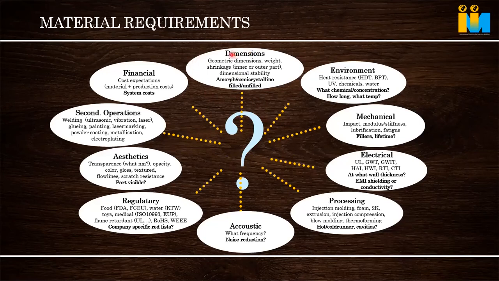First, we'll be taking the dimension point: geometric dimension, tolerance, shrinkage of the part. All these are connected aspects. When we are talking about dimension, the first thing that comes to our mind is the material, whether it is amorphous or semi-crystalline. The structure of amorphous material is randomly arranged in cool condition, and when it is heated in the machine, it is still a randomly arranged structure. So there will not be so much difference in the molecular structure when it is heated and cooled. That's why it has better dimensional stability.